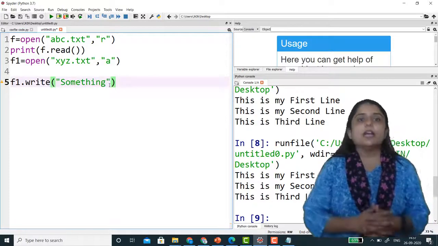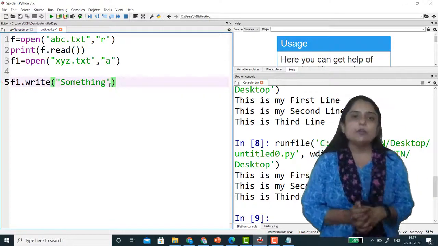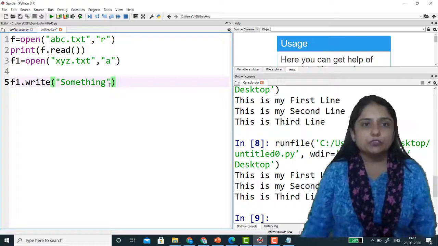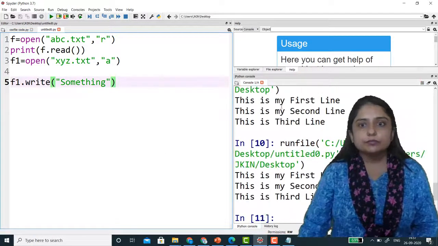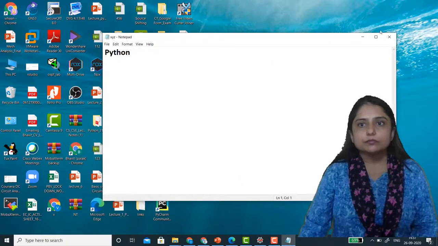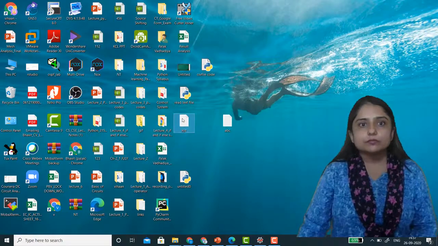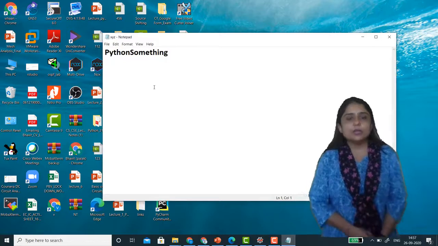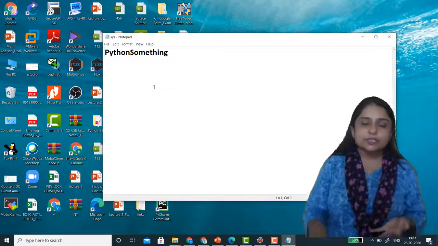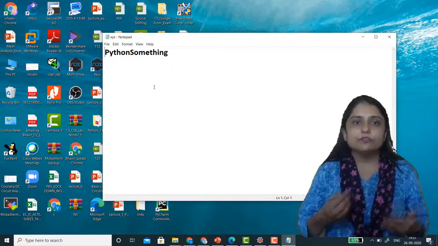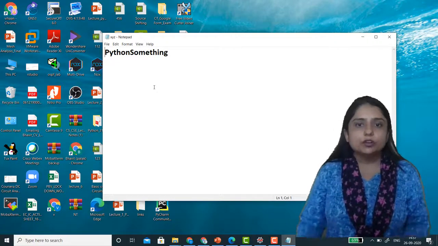So now one file is already there, inside that file we have Python. Now we want to append something. Let's run this. Yes, that is Python and something. So whenever you want to write in an existing file, you have to open that file in append mode. Alright.